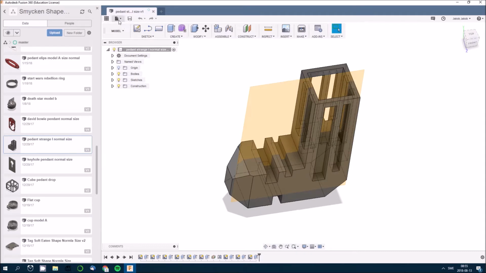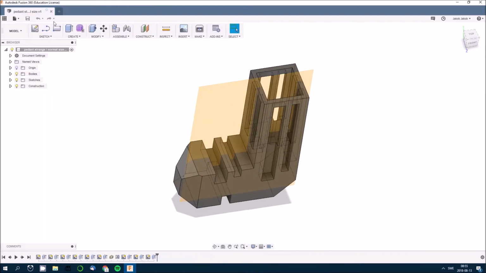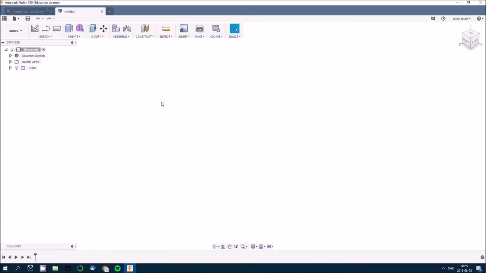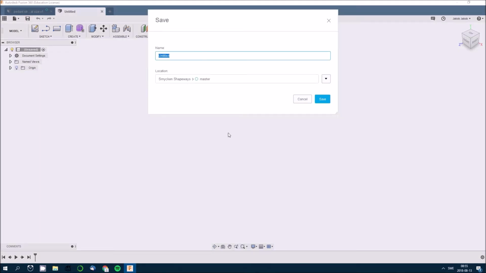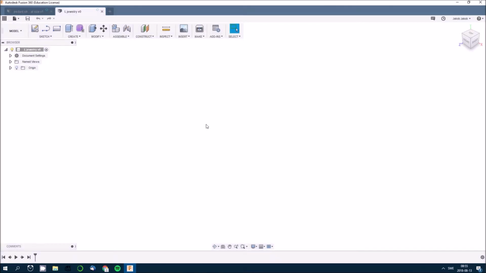So we click away, close the data panel and go to new design. Here we have a brand new design and we can save it to L, Jewelry. Save. Yeah, we will have a character L, so we click here, create sketch,